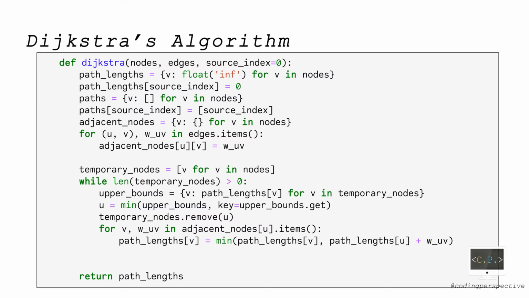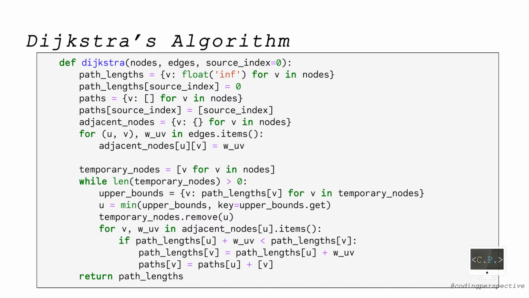Then, whenever we find a better path than the current one, we update both the path and its length. So we just replace this line with an if condition and the updates. Here, we don't change anything in terms of the logic. We just write things in a different way so that we can update the paths. Also, we modify the if condition to allow updates for only temporary nodes, which is in fact a part of the algorithm. Otherwise, we can obtain some cycles. We should have added this condition earlier, but we didn't, because when the weights are positive, no cycle is possible. Lastly, we return paths along with their lengths.